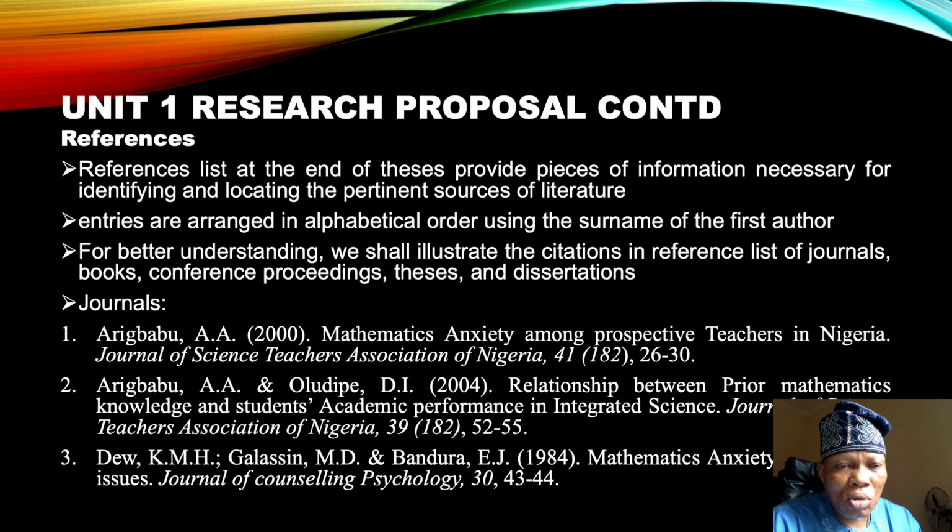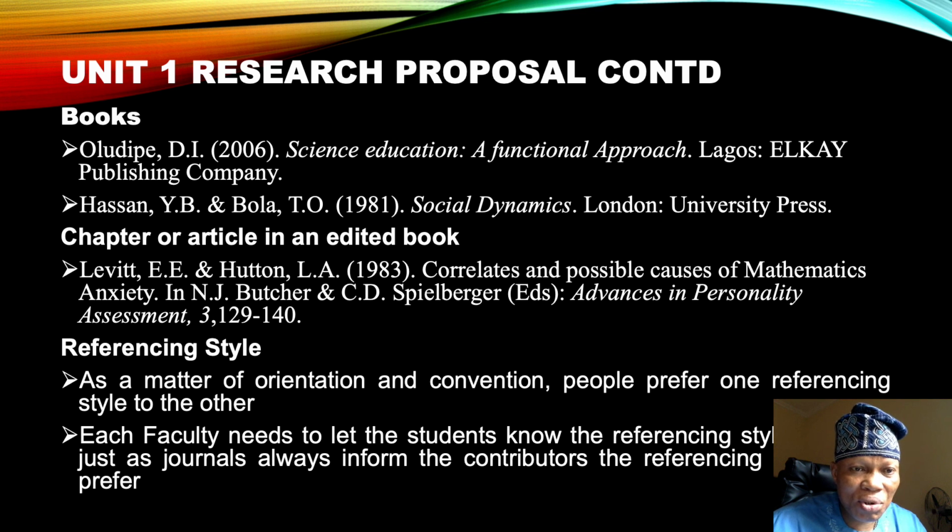Now, after the title, we say we have chapter 1, chapter 2, chapter 3. The last thing under research proposal is the references. So the references list at the end provides pieces of information necessary for identifying and locating the pertinent sources of literature. Entries are arranged in alphabetical order using the surname of the first author. You will get more of this in your handout, how to write your references in terms of journal articles, in terms of books, in terms of chapter in a book, and